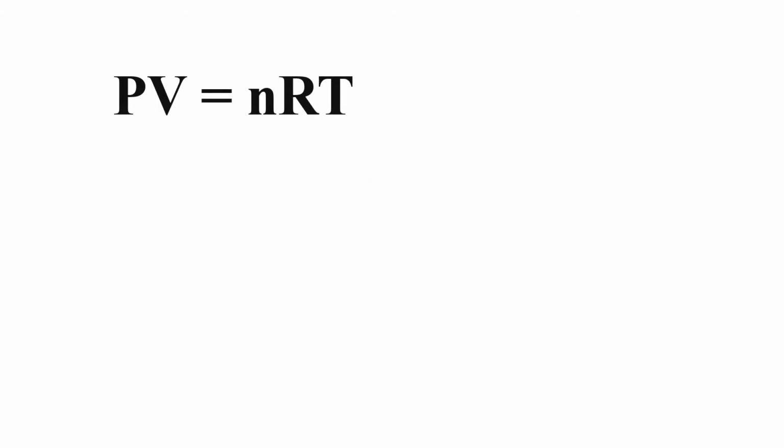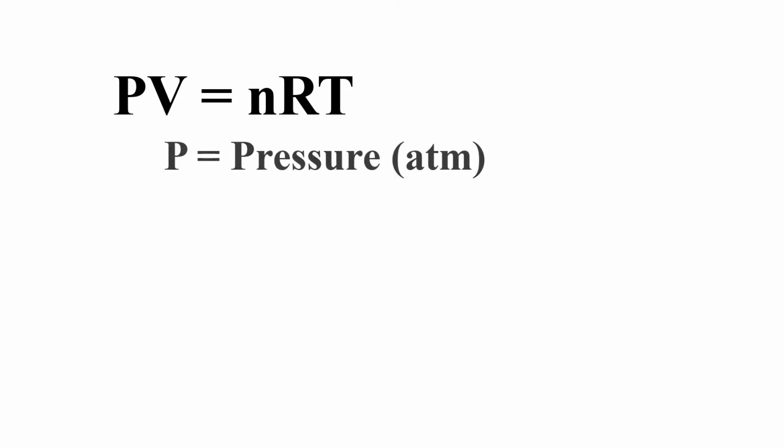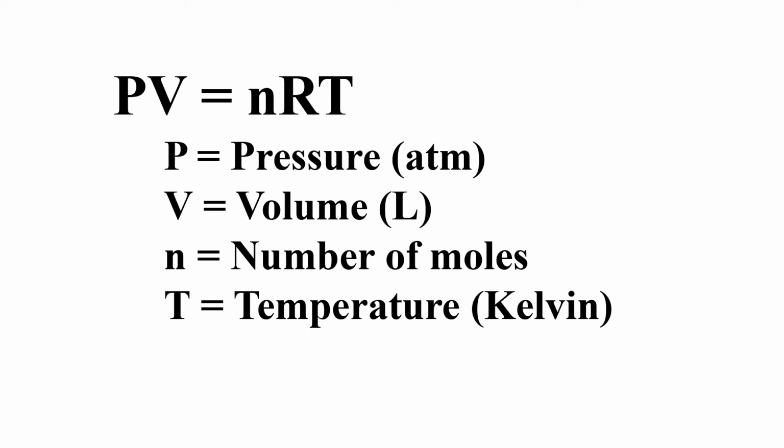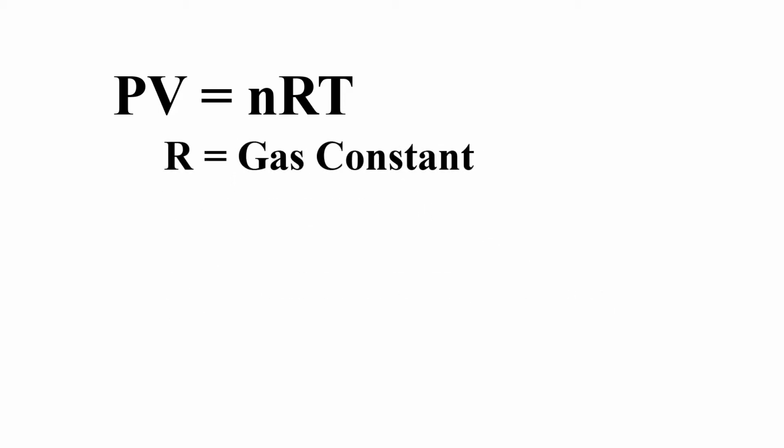The ideal gas law can be summarized with the equation PV equals nRT, where P is pressure in atms, V is volume in liters, n is the number of moles of gas, and T is the temperature in degrees Kelvin. Remember that regardless of the units given to you in the problem, you must change them to the units set in the definition. The reason for this is the gas constant R, which is